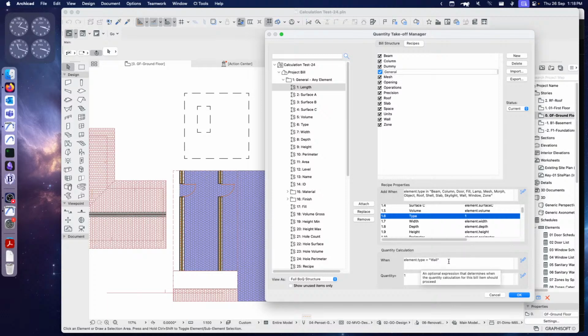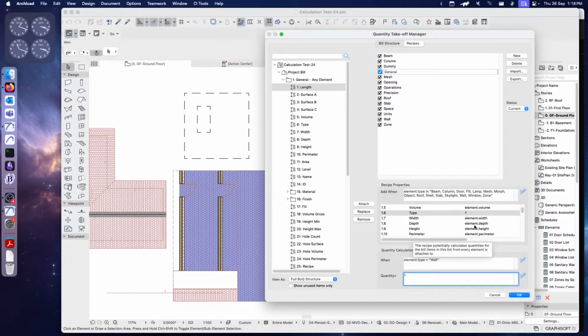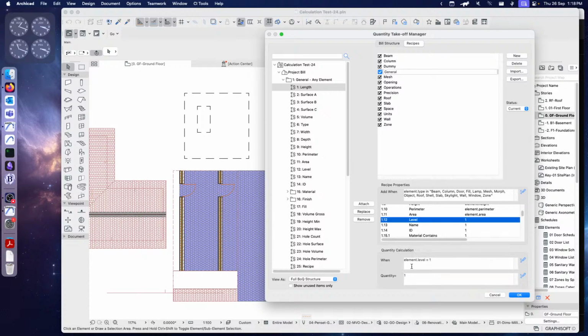So if you ever want, rather than a quantity based on, like the area or the volume or something like that, if you just want a count of the amount of items, you can just set the quantity to 1 without any calculation on it, and that will give you the amount of that thing. The rest of these are pretty straightforward. Element height, element perimeter, etc. We've got a bunch more count items here. So element level, name. If the name contains chair, then increment 1. So this will give us a list of all of the chairs in the project,